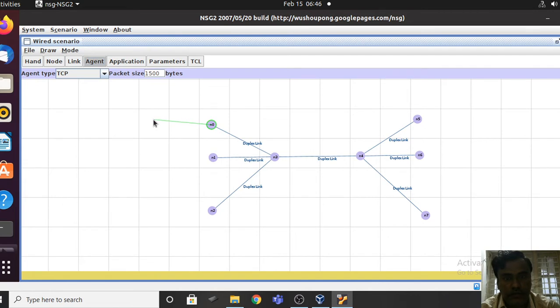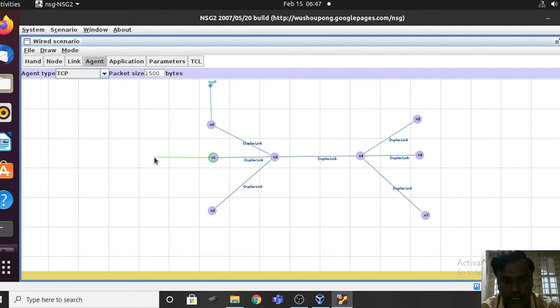After adding all the agents, if you want to establish a link between the agents, you can, or one at a time also you can do, it is not a problem. So first let me add all the agents at the source side. I want to make this one also a sender.